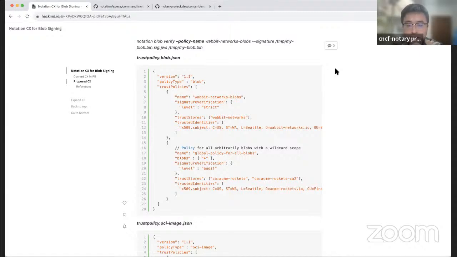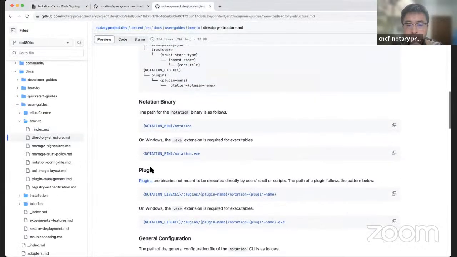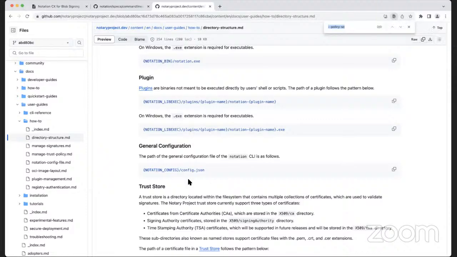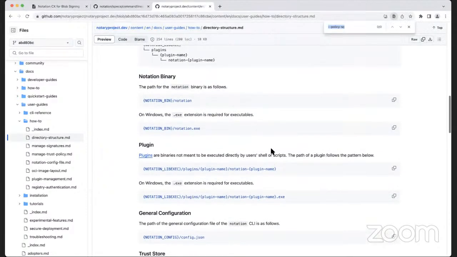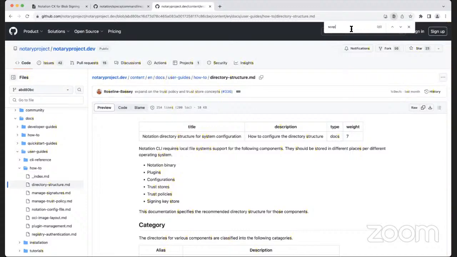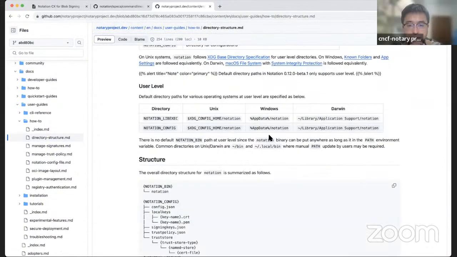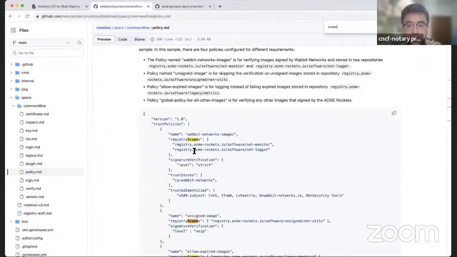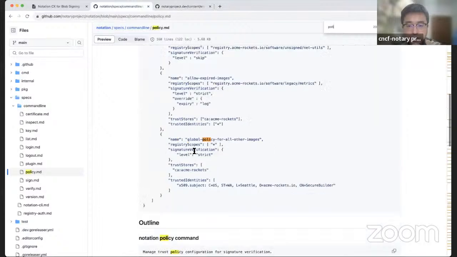Maybe Shui can comment. For the OCI layout, it's the same as the OCI images. They share the same commands or policies. But for the verify, we specify a flag for the policy we want to use, right?